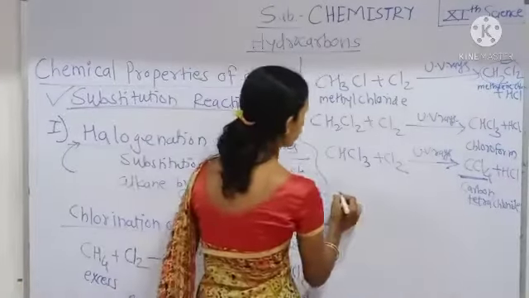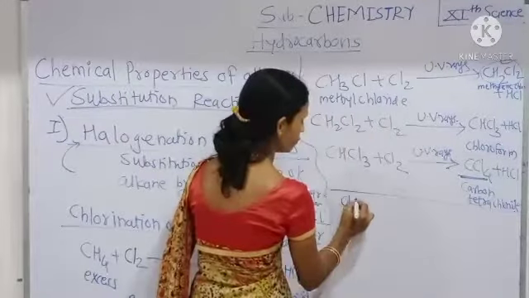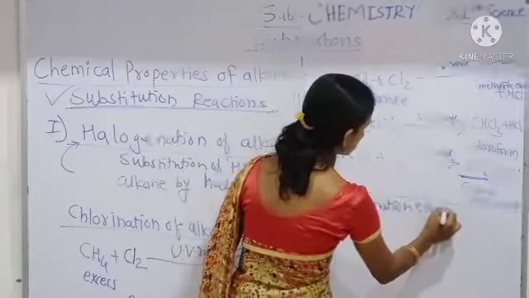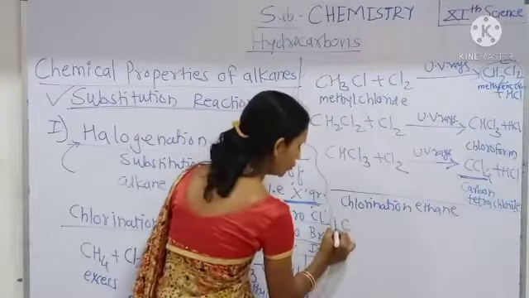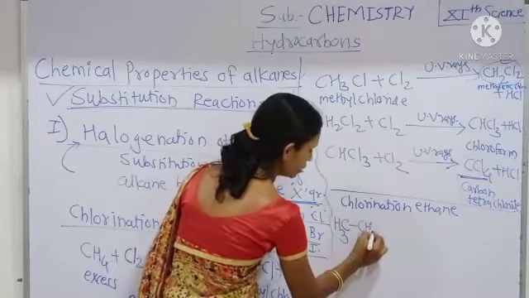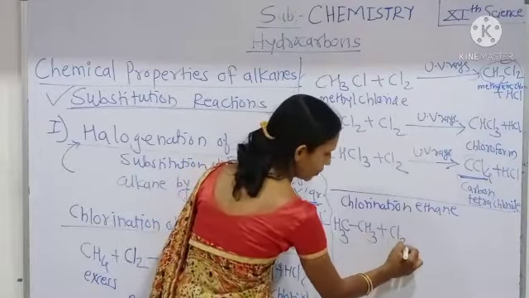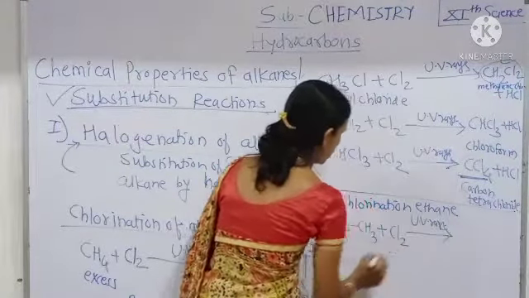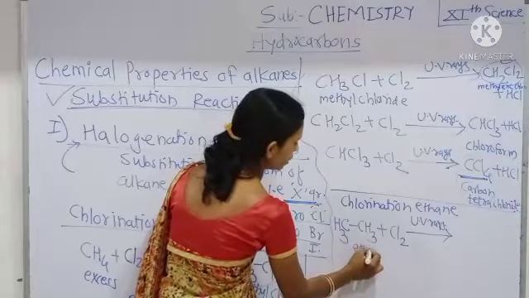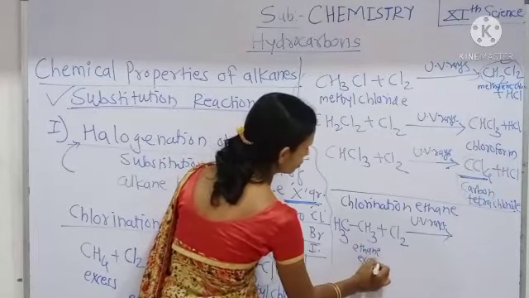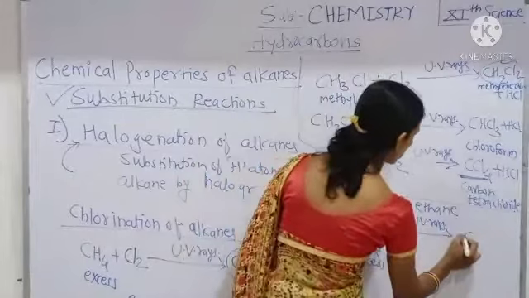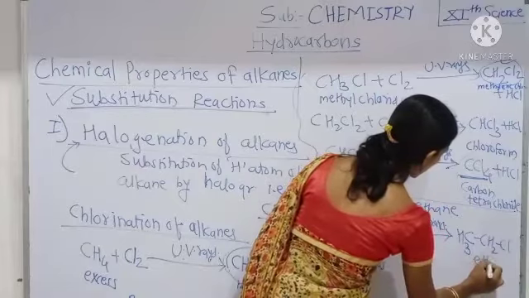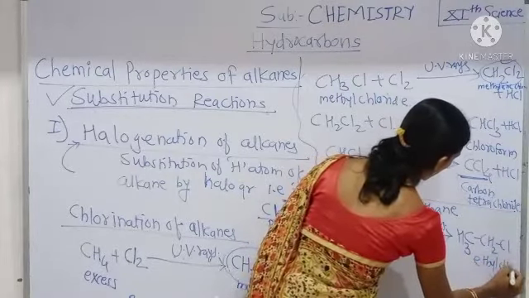Similarly, chlorination of ethane also takes place in the presence of UV rays, that is CH3CH3 plus Cl2 in the presence of UV rays. Using ethane in excess amount, it gives CH3CH2Cl, that is ethyl chloride,